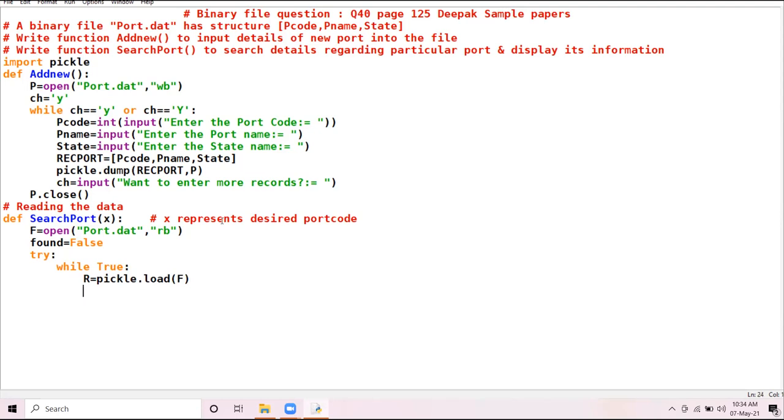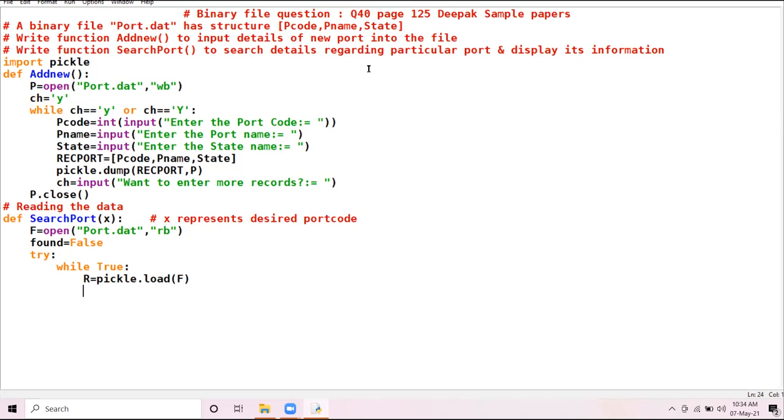The load function takes the file handle as the parameter and is used to read each record from the file, and each record which is read is transferred to variable R.